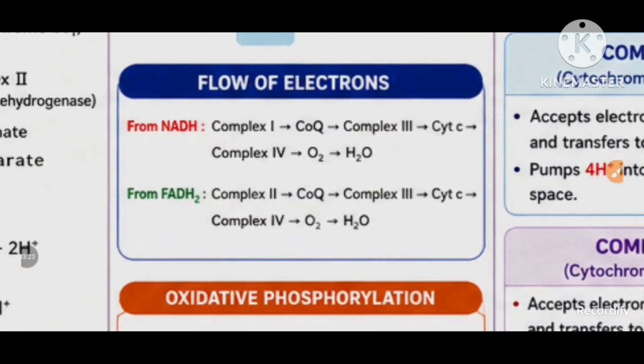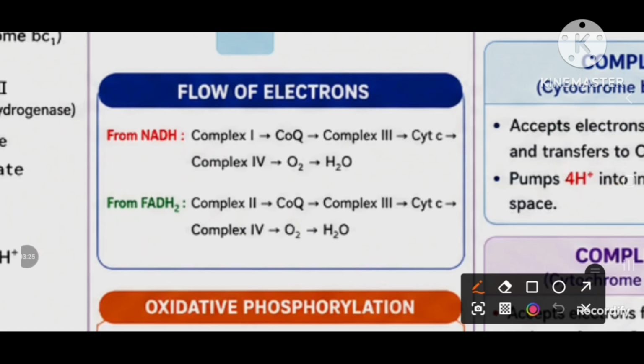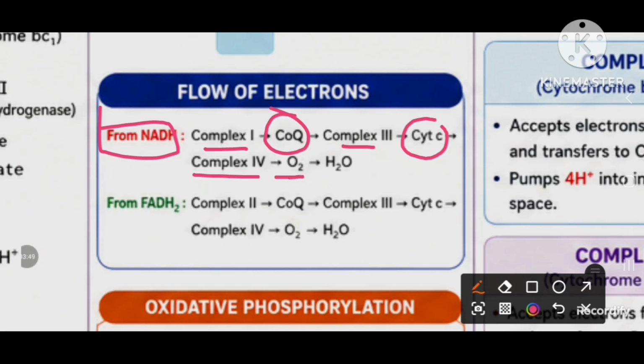So just remember a brief of the flow of electrons here. In the case of NADH, whatever electrons are released from the NADH molecule will be carried by complex number 1, and through the ubiquinone electron carrier they send electrons to complex number 3, and here cytochrome C will carry the electrons to complex number 4, and finally they will be received by the oxygen atom and converted into an H2O molecule. Okay, so in the NADH flow chart, whenever the electrons are released by the NADH molecule,